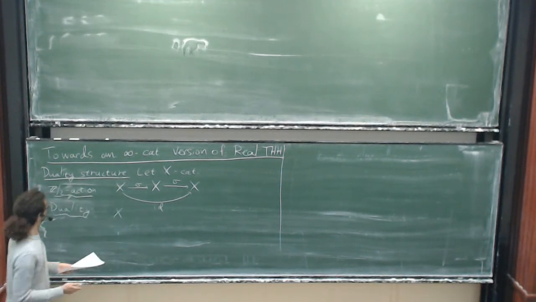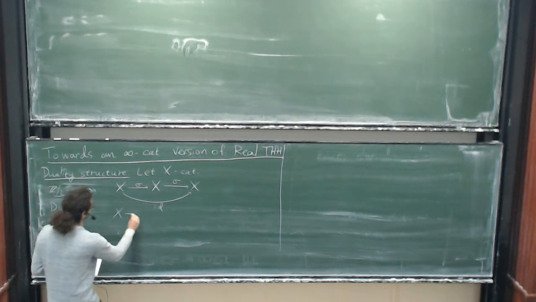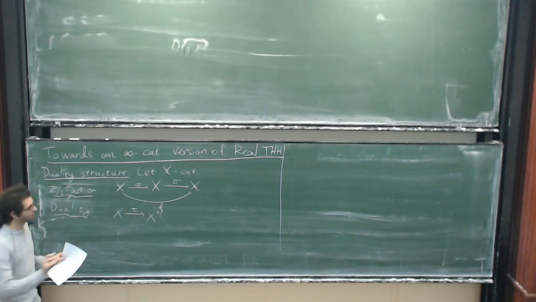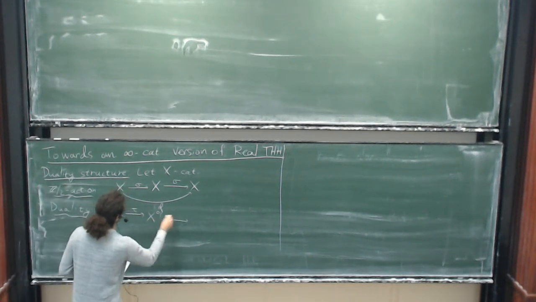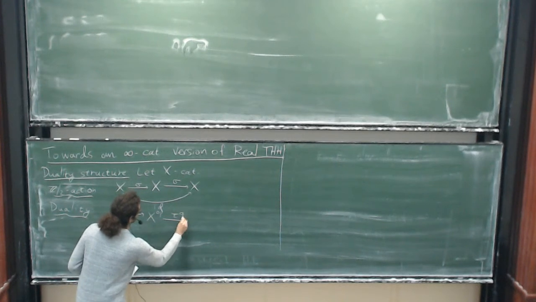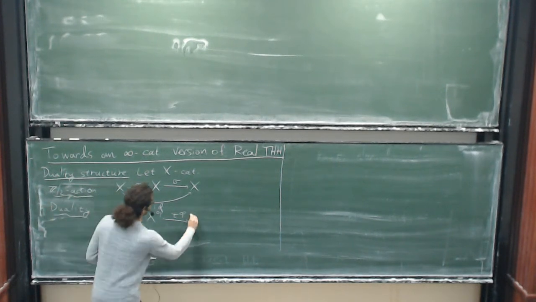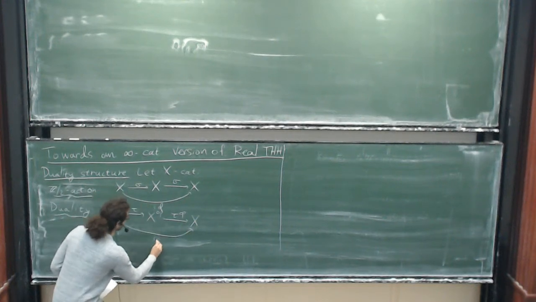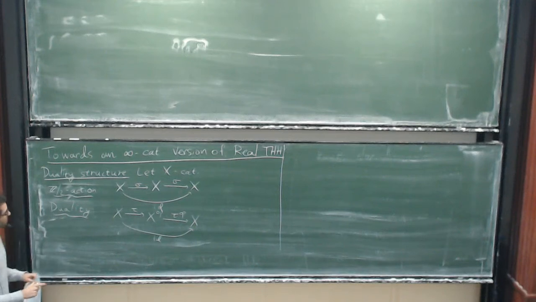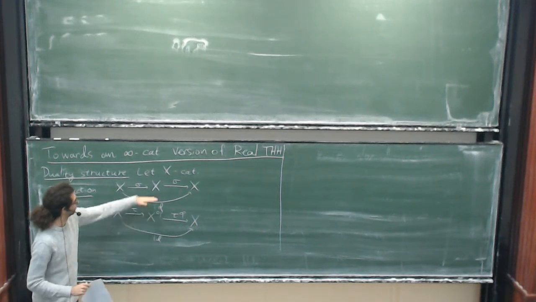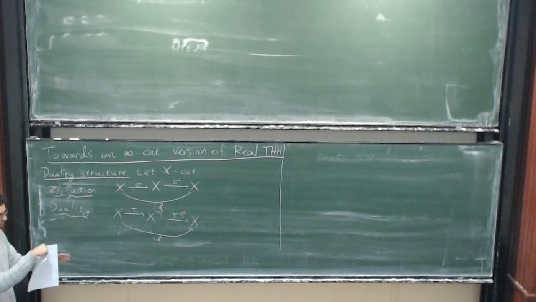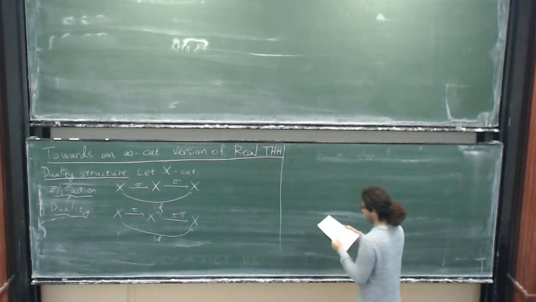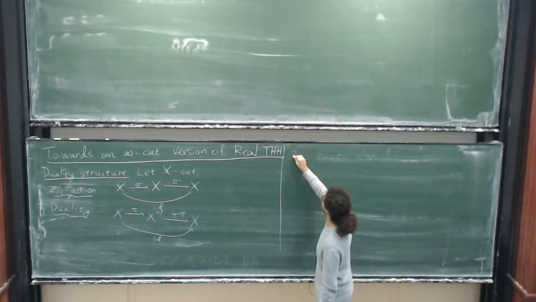So what is the difference between a Z-mod 2 action and duality? Duality looks very similar, only X here I want to write X op. Okay, this is the only point I want to make. That, and here I can take tau op. I get back X, and I want to get the identity in any way that you want to say it. Okay, but this is the difference. That in a duality we have X op, and in a Z-mod 2 action we have X here. Okay, this is the first thing I want to address, and the second thing I want to address is the